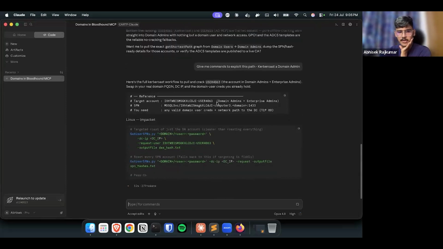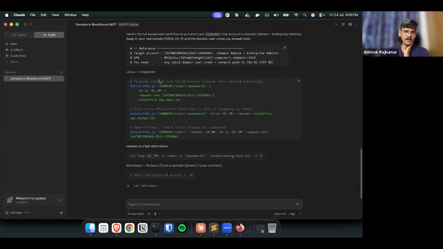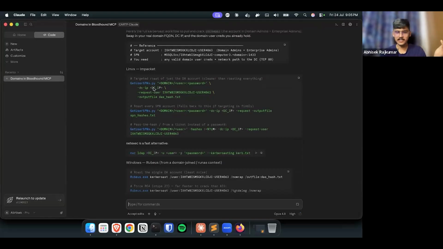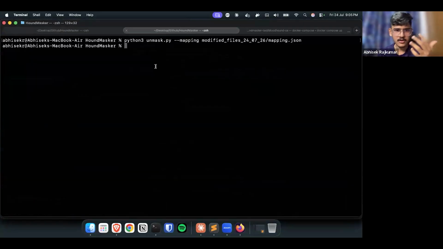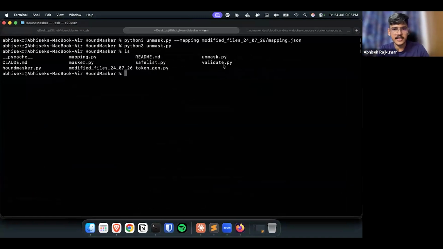Yeah, so to Kerberoast, we usually use a tool called GetUserSPNs.py from Impacket. For example, it's going to say this. So this is very gibberish, right? We don't know which user this is. If we had to go to the mapping file and check it, it's gonna be a hassle, right? So this is where I brought in a helper tool called unmask. There's a file called unmask right here.